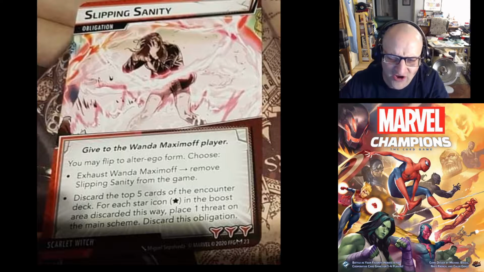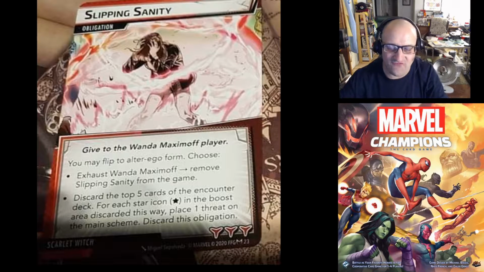If you know the encounter deck well enough, or if there's not that many cards left in the encounter deck and you kind of know what's in there, you can do the second option, because it's only going to be putting threat on the scheme based on the number of stars, not the number of boost symbols. So if you've already seen a lot of these star symbols get discarded, or you know that there's not a lot of star symbols in that deck at all, you can then do the second option and potentially put less threat onto the main scheme